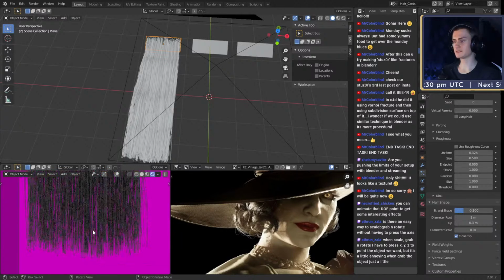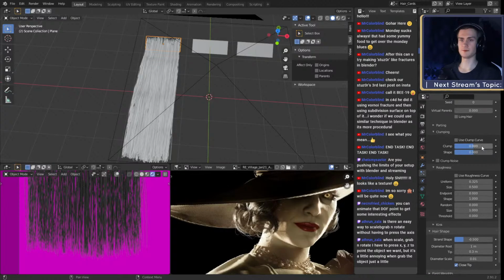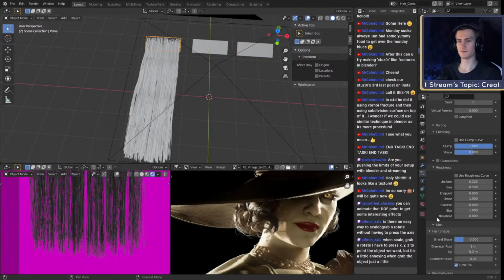What that does is basically the opposite of clumping. If we put that to 1, you can see it really well. First clumping will be applied, which means everything goes into the same tip of the parent.